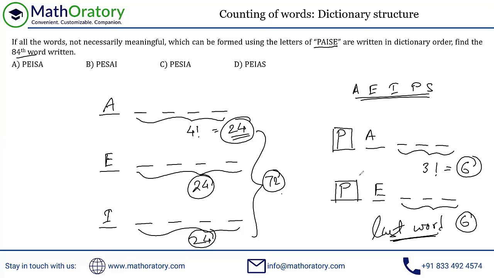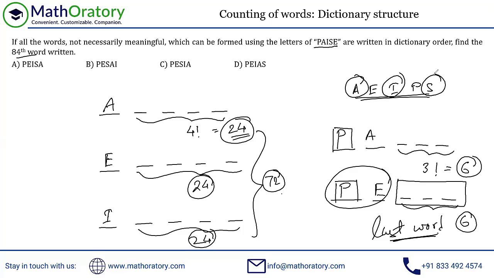So what will be the last word? Effectively, this is very logical in nature. These 3 letters should be in reverse alphabetical order. If you think in alphabetical order, the first word among these 6 words will be in alphabetical order. So we are starting with PE, and the letters left out are A, I, and S. So the first word will be A, I, S. But the last word using these 3 letters will be S, I, and A, isn't it? So just think about the reverse alphabetical order for those words which are starting with PE, with the remaining letters, of course. So just figure that out and you'll get the answer.